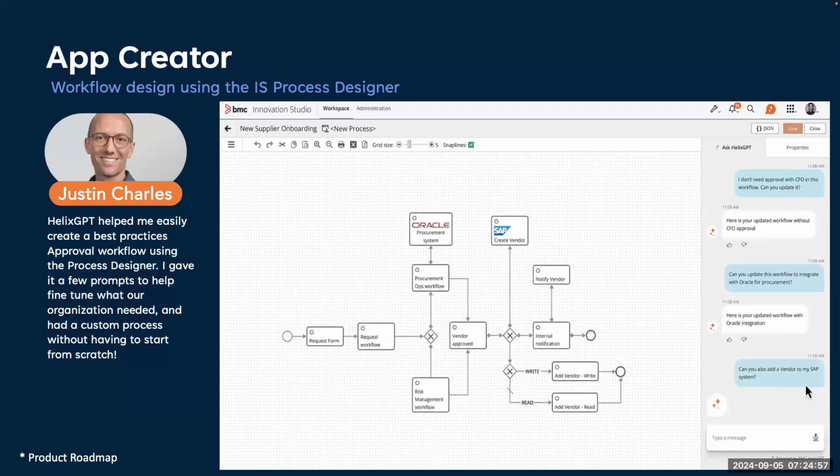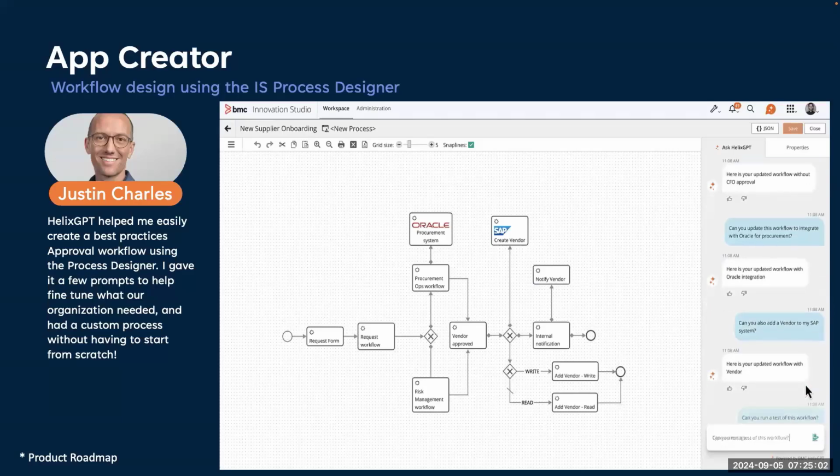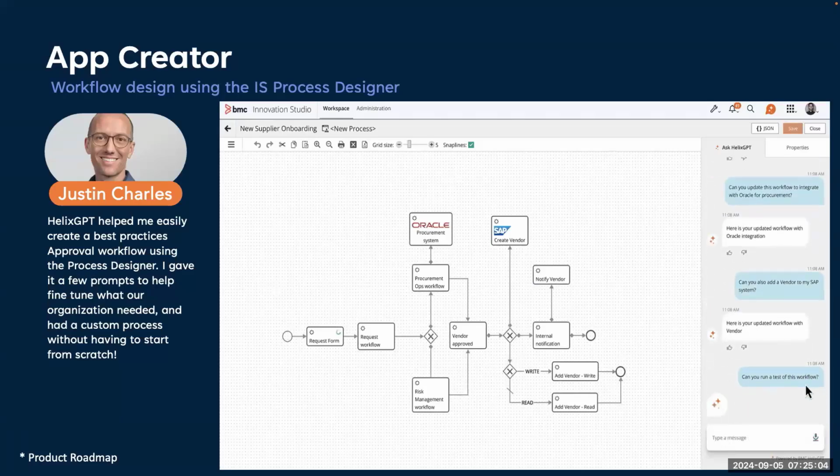And can you also add in the SAP interface so that it creates the vendor in SAP and is ready to go? Then it says, can we run a test? And away the system goes and runs a test. So this is an example of BMC ChatGPT technologies getting involved in the day-to-day usage of a